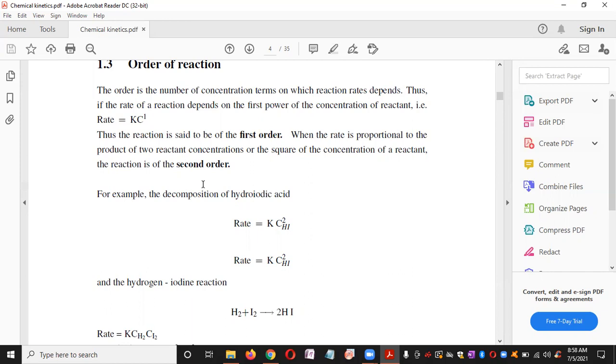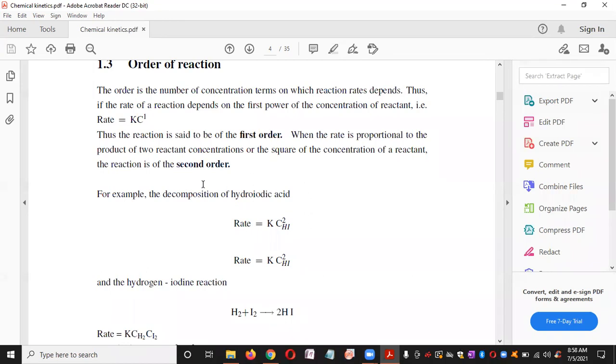So why is the slow step known as the rate determination step? Because the number of molecules present in that slow step will affect the rate of reaction. The concentration affects the rate of reaction. That is why we also say molecularity.